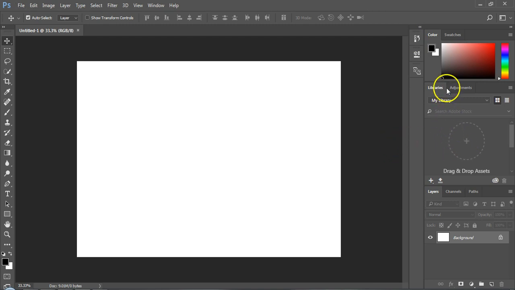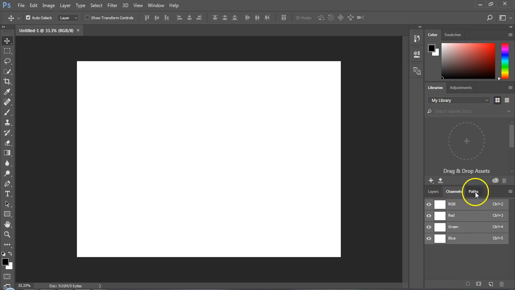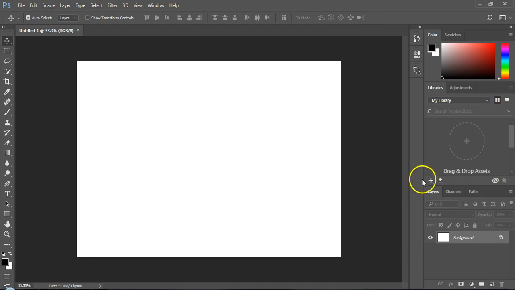Coming to the big visible panels. Here we have the Colors panel, Libraries panel and Layers panel. We also have some panels docked with these panels as tabs, like the Channels panel and Paths panel with the Layers panel. These panels, like the Control panel, are very important while working in Photoshop. In order to have a swift and efficient workflow, it is necessary to have a compatible arrangement of these panels. And we will learn how to make ourselves compatible further ahead in the course.